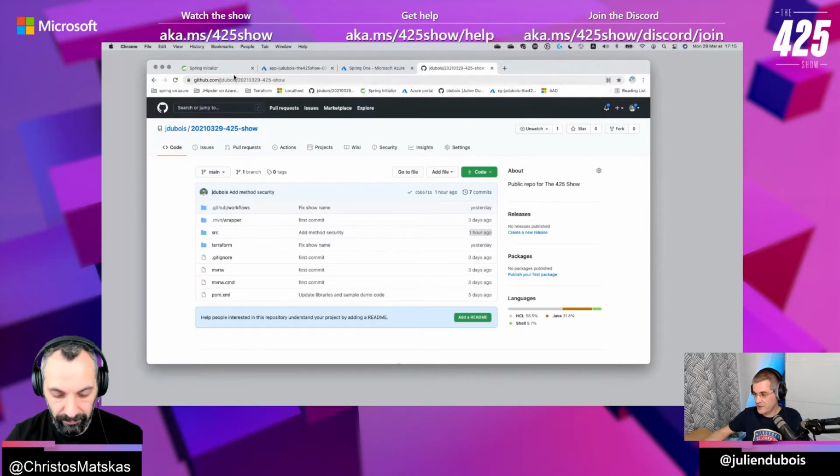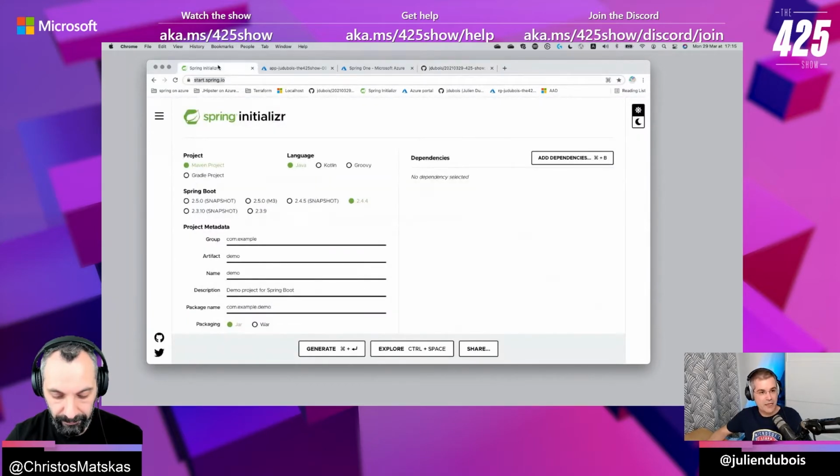Yeah, we look happy. Okay, so there are many ways to start a Spring app. One of the easy solutions is to use this, which is called start.spring.io. It's not the only solution to generate a Java project. It's probably the better known solution. At least it's very well known and a lot of people use it. I'm mostly using it because it's going to generate a very simple application.